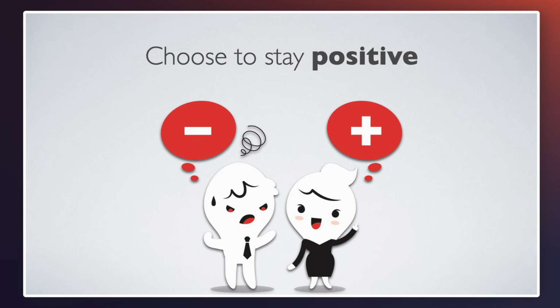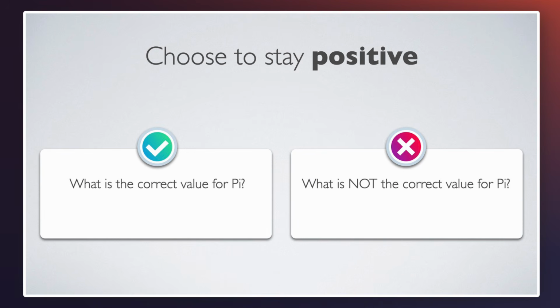And then choose to stay positive. I always say be positive in life, and write your questions also in a positive fashion. Do not use negative and double negative sentences in your questions. So something like, what is not the correct value of pi? It is very easy to write that, right? Because